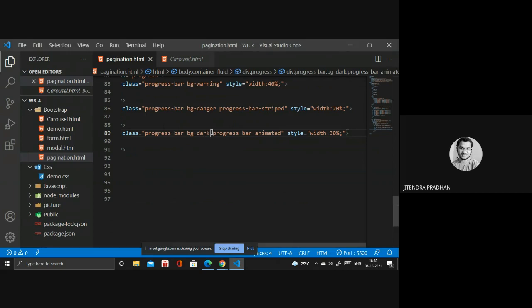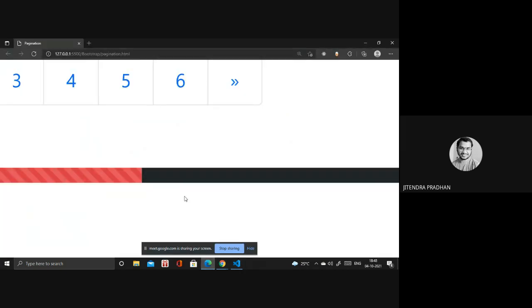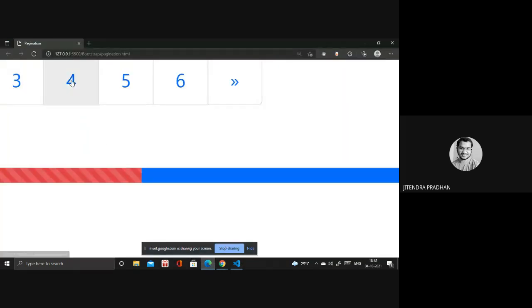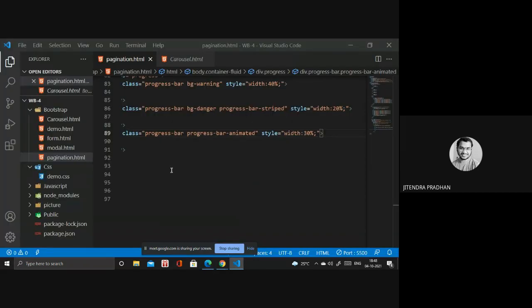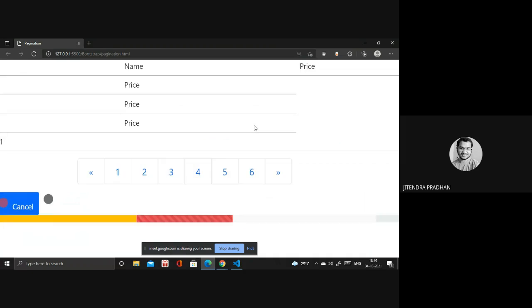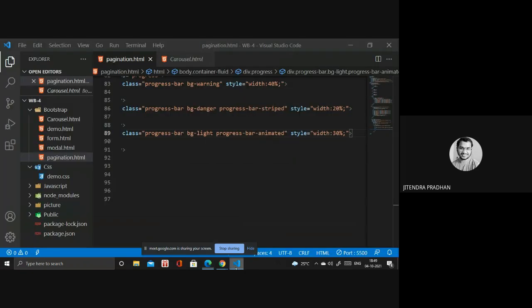If I move that color, but we are not giving any color inside now. Okay, if I use something like bg-light, what happens? Let's see. It's a white color. So according to your requirement you have to give it. I hope you understand that concept, how we can write the progress bar as well. If you have any doubt in that, you can ask me.